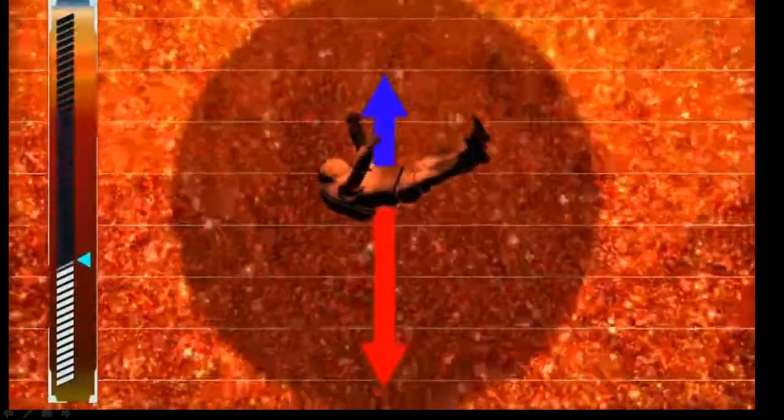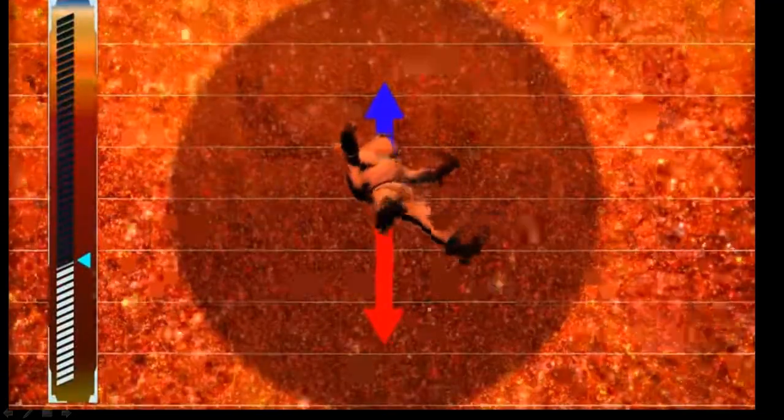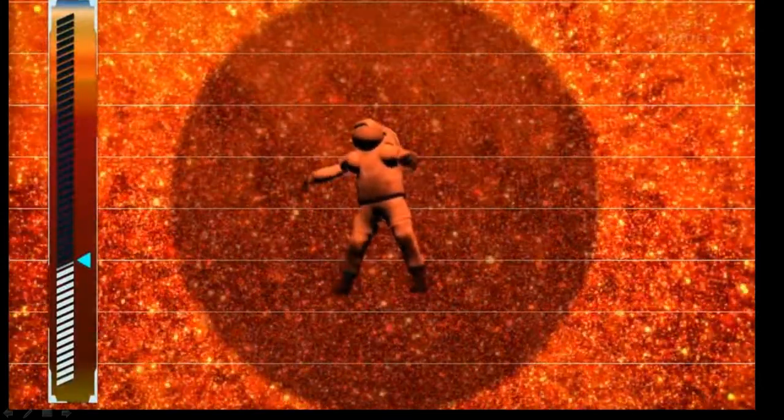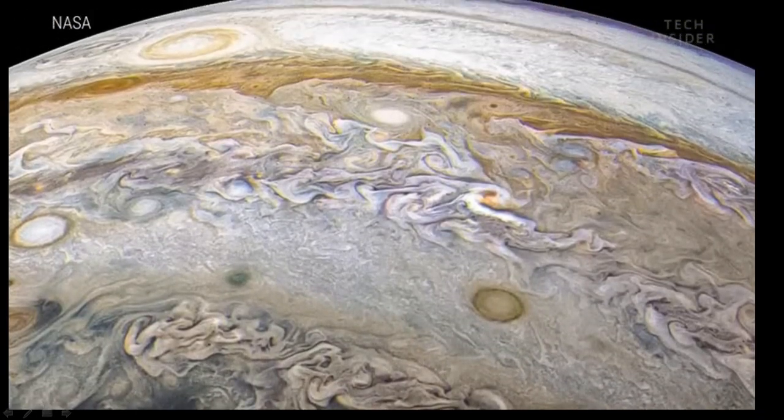So as you travel deeper, the buoyancy force from the metallic hydrogen counteracts gravity's downward pull. Eventually, that buoyancy will shoot you back up until gravity pulls you right back down, sort of like a yo-yo. And when those two forces equal, you'll be left free-floating in mid-Jupiter, unable to move up or down, and no way of escape. Suffice it to say, trying to land on Jupiter is a bad idea.